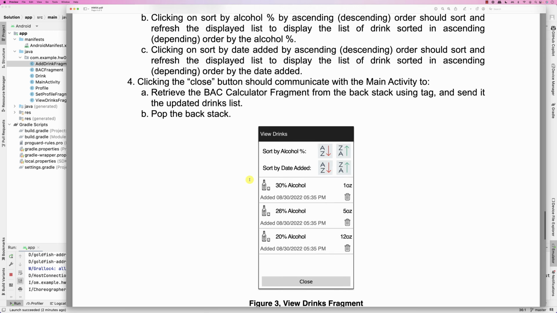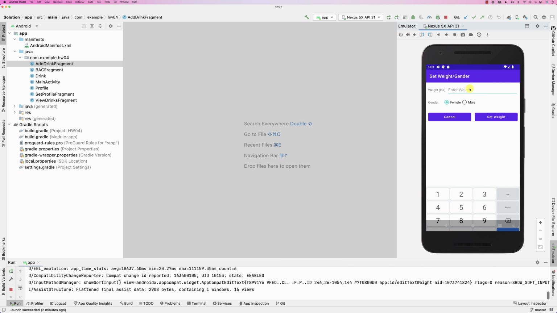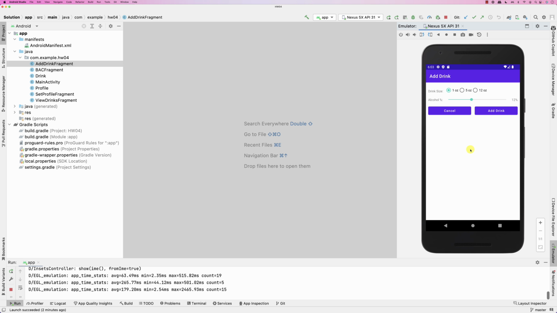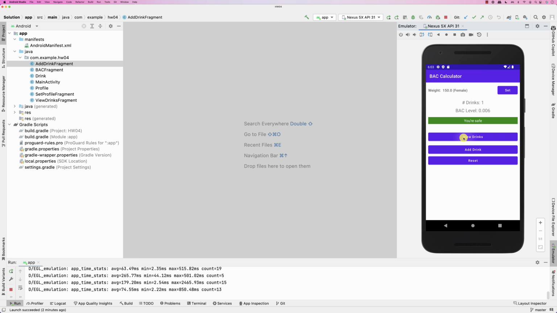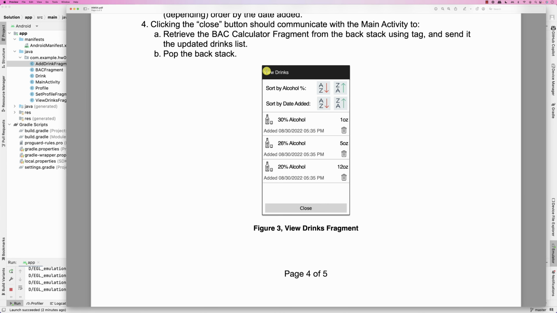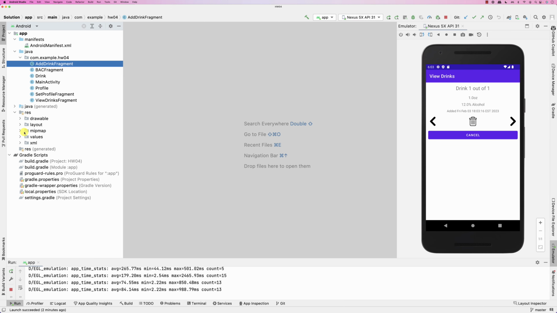So basically what I did is that the starter app is the previous solution for the previous application. When you go in, you enter the weight, let's say here, set the weight to remind you of this, and then you can add a drink, and then you can view drinks. This is what it looked like in the past. Right now we wanted to change this view drinks, so the only difference is view drinks is going to change to have a recycler view here and have these sorts and so on, right? So now, if you look at the layout,